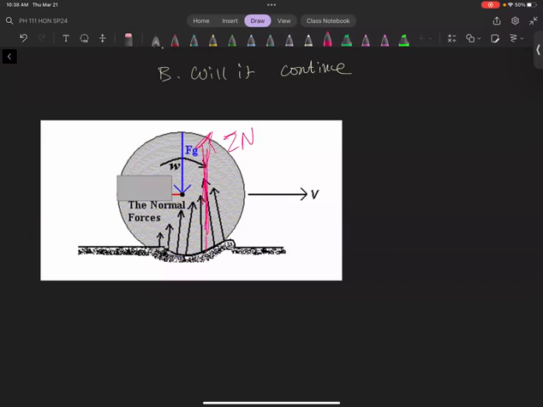Now let me ask you the second question. A marble is spinning on a rough surface with friction and enters an icy surface. A, will it keep rolling as if nothing happened? Or B, will it start skidding? Who votes for A? Will it keep rolling? That's the right answer. Why? I just told you friction has nothing to do with it as long as you have rolling. How does this sound for AP Physics?